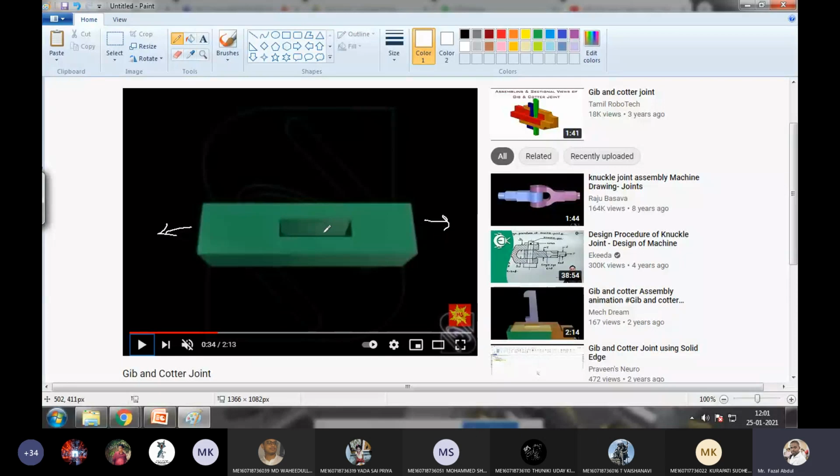What happens if the cotter and gib is stronger than this rod? This rod is going to fail in this manner. Here, this slot is going to shear in this region, which means the cotter is going to come outside through this region. It means, total along this direction, the cotter and gib come outside and failure happens. How it appears if it fails, I'm drawing here.